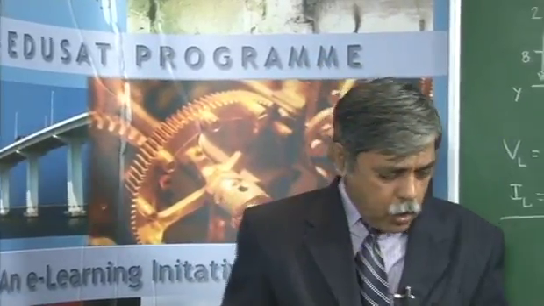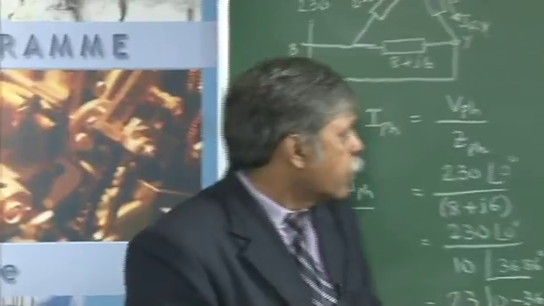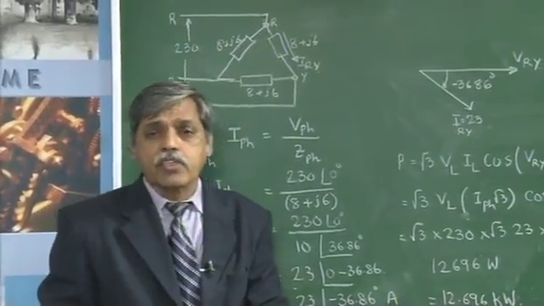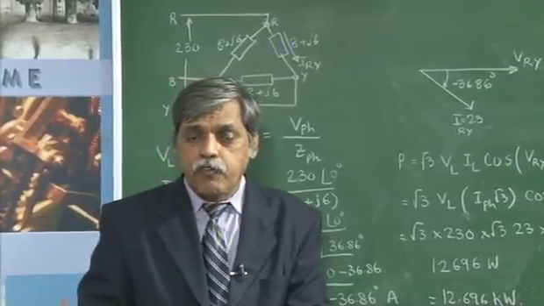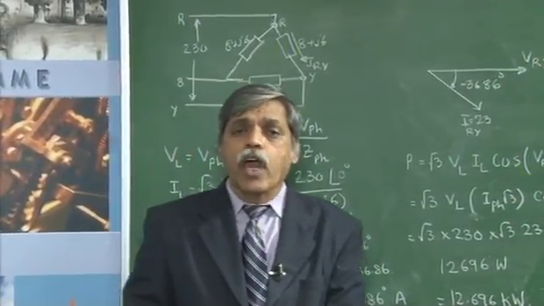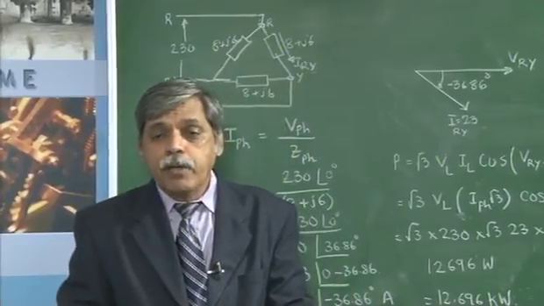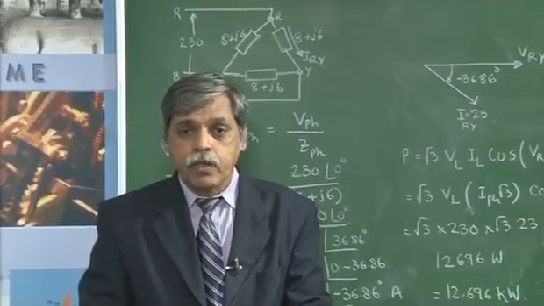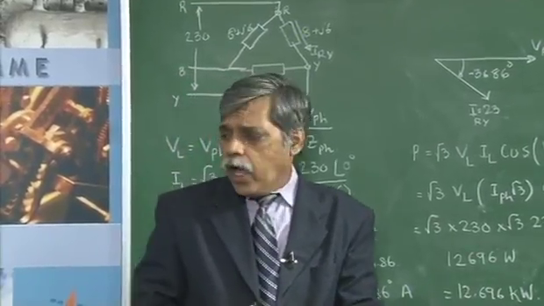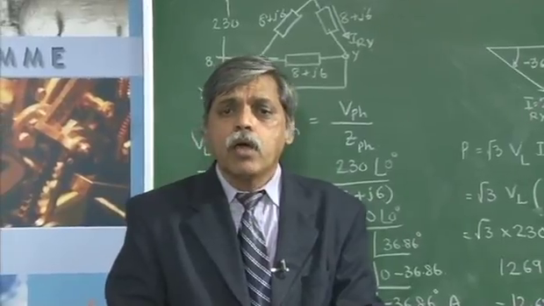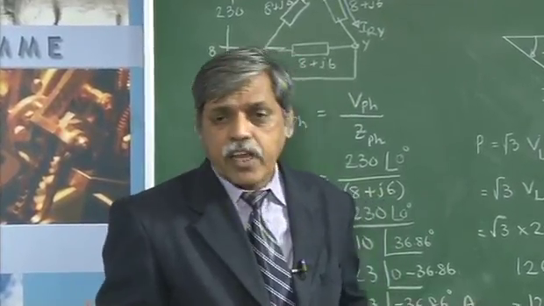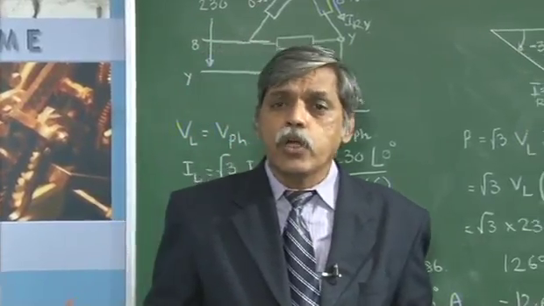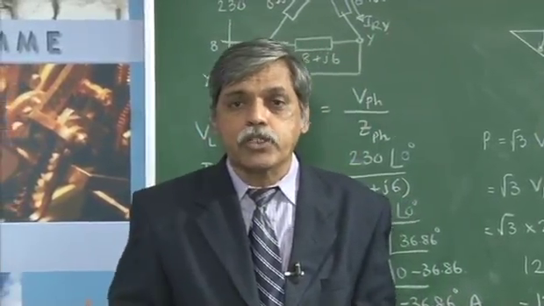So today in this session we have proved that 2 wattmeters are sufficient to measure power in a 3 phase 3 wire system, and we also derived the expressions for the wattmeter readings in terms of line voltage, line current and the power factor. I have also done one single problem to calculate the line current, phase current and the power in 3 phase circuits. In the next session we will do some more problems about these polyphase circuits. Thank you.